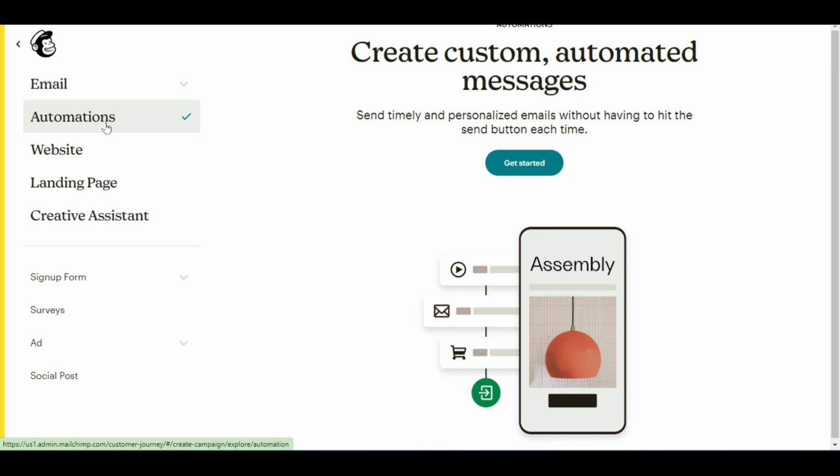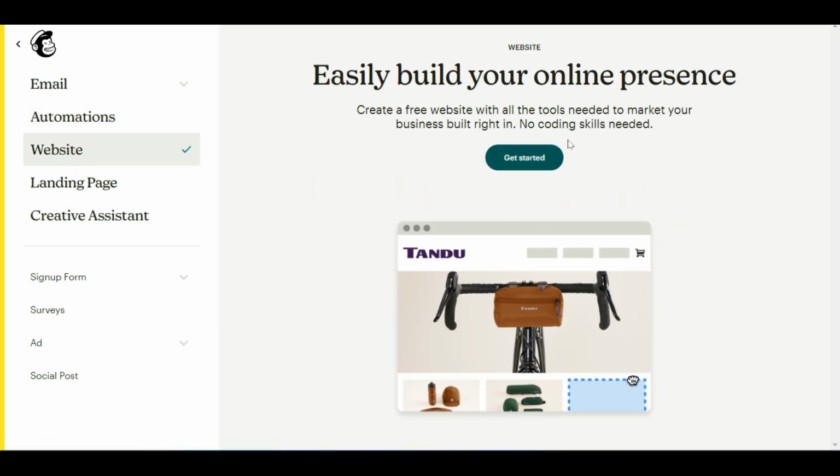Automation is actually when someone subscribes to your newsletter. In the automation, they just get automated emails from your business, and you can set pre-built emails in the automation section and set the rules for those emails. And if someone subscribes to this particular section or particular product, then they will receive the pre-built emails from us. Then we have a website where you can build a website,